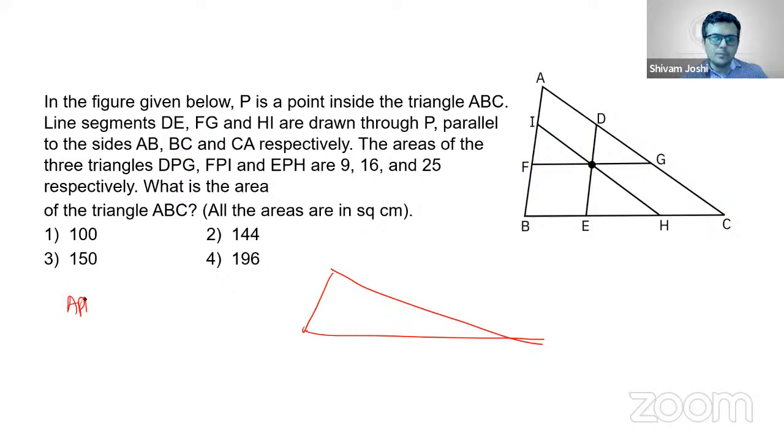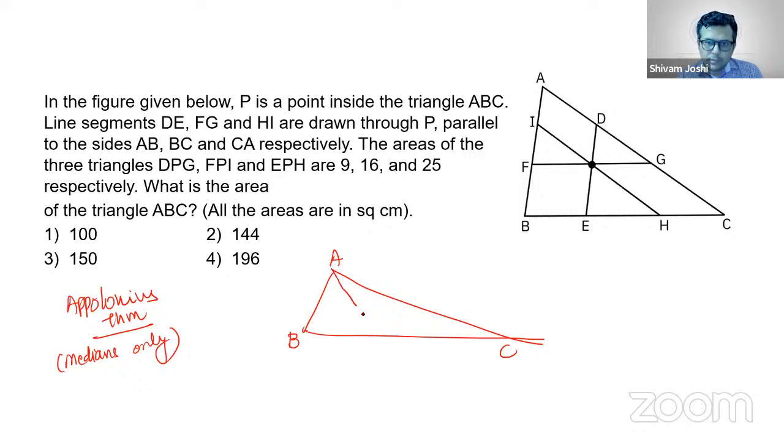Apollonius theorem. Please write down. You should be using it for medians only, right? Never use it for altitude, perpendicular bisector, or angle bisector. What is the theorem? It is giving you the measure of the median. AM is the median here. Okay. So the theorem says that